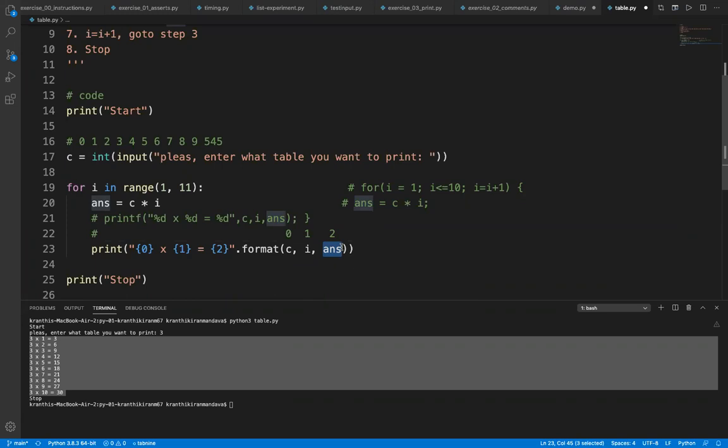Mahak, have you remembered that we have discussed this type of thing? Yes, sir. In programming, even if you consider a list or an array, it starts with index 0 and ends with some n. So 0, 1, 2, 3, I consider. Now if I write this type of statement, in flower brackets the number 0, in flower brackets the number 1, it understands that this 0 belongs to the 0th index of the format function. What is there in the 0th index? C. So here C will be replaced.